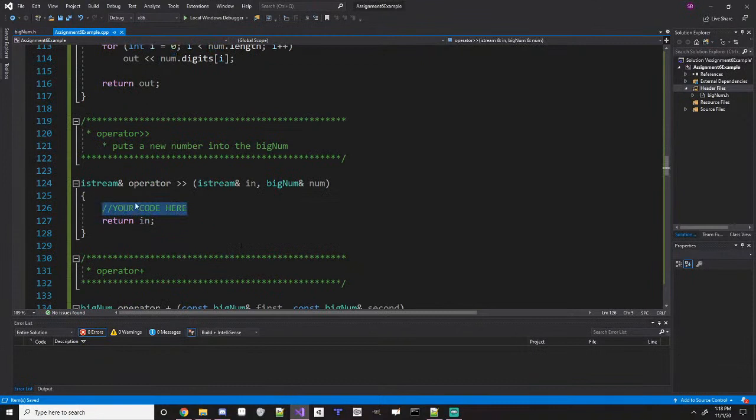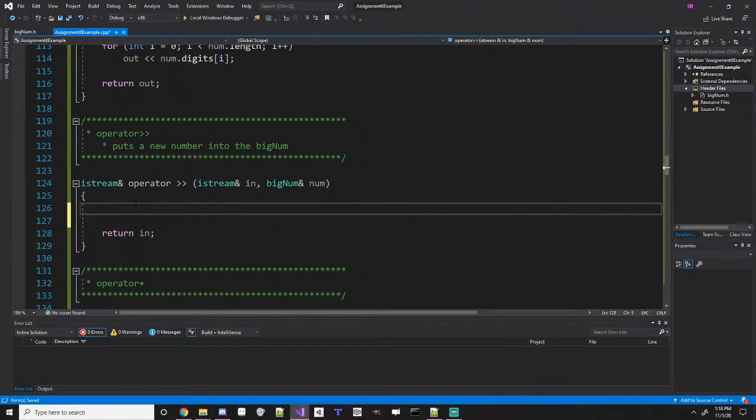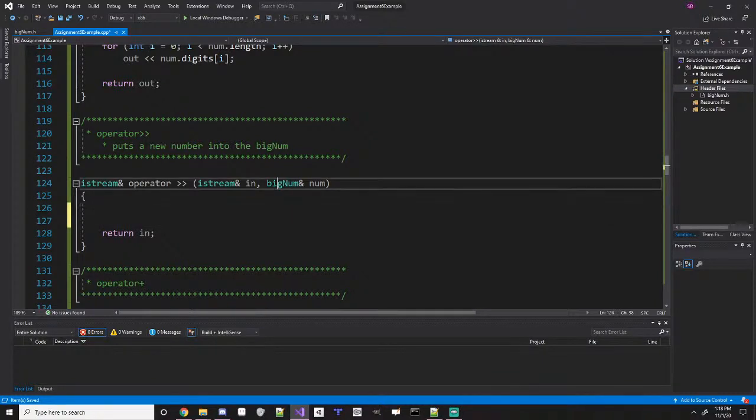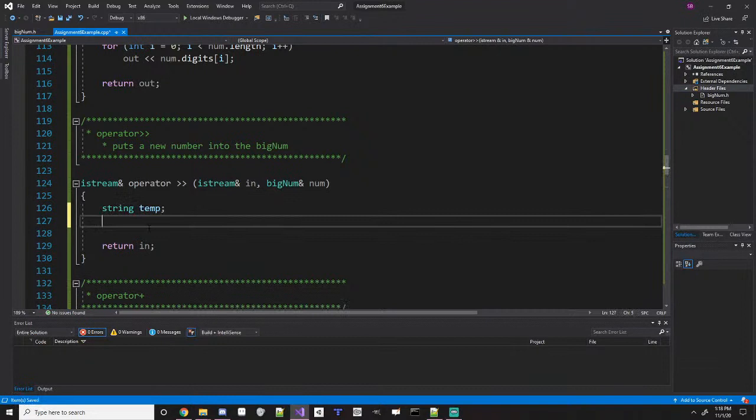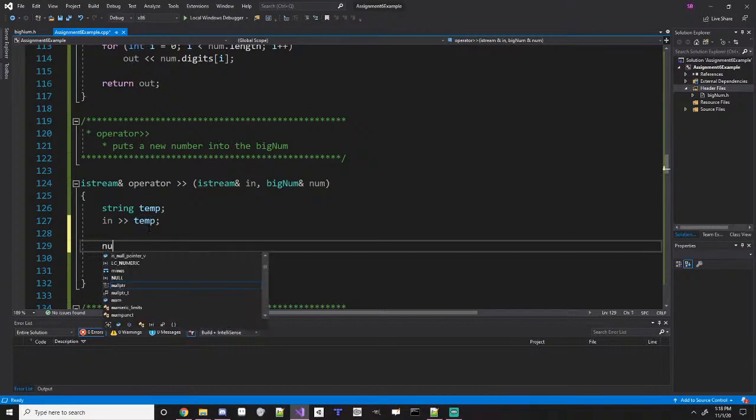Right, so the other one was the input operator, which we're assuming we're reading in a string, I guess, which I guess is what we're reading from file as well. So we'll just read in a string, and then we'll make a new big num to return here. So I think what we'll do is we'll say string temp to store whatever the user's actually giving us, and then we will take in from the input stream, we'll take in a string, read it into that, and then we'll say that num equals,